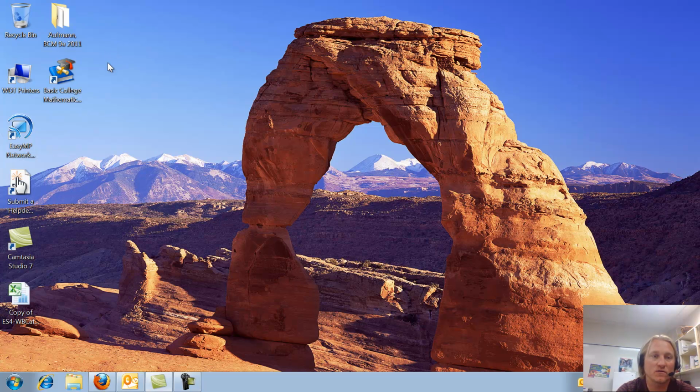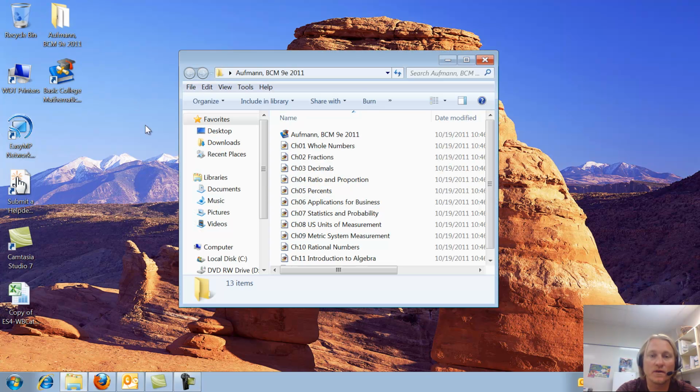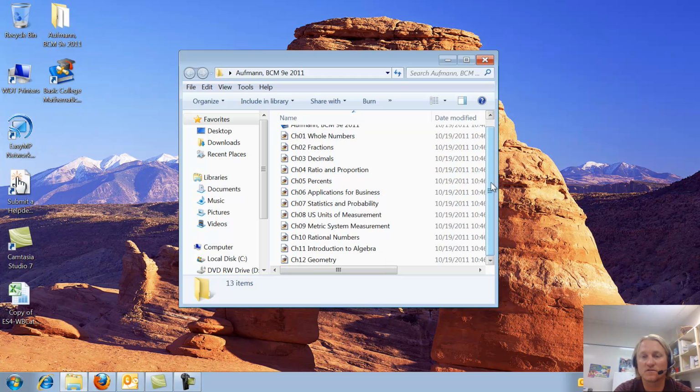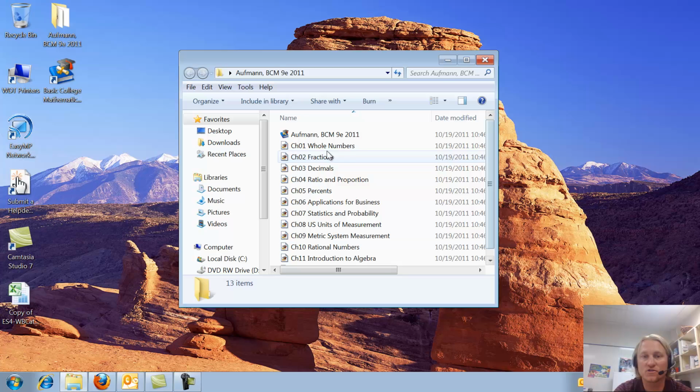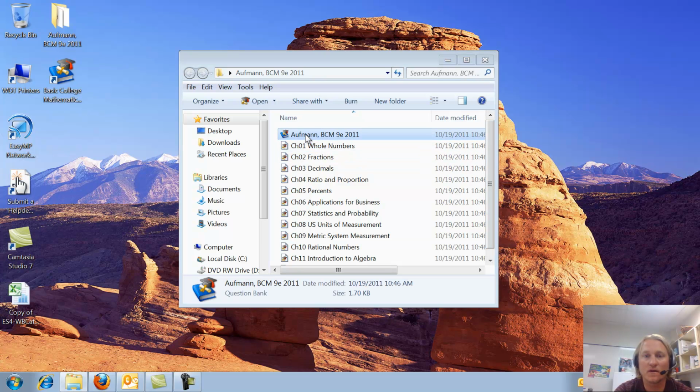So each textbook will have a different test bank. Mine is right here, Hoffman Basic College Math edition 90. Now I downloaded this right off of their website. You'll also find it on those CDs as well. So I happened to download mine off the website, or you can get it off a CD. Then when you open up, you'll see every chapter listed there, and they'll have a test bank for each chapter. So what I'm going to do is open up the main file,